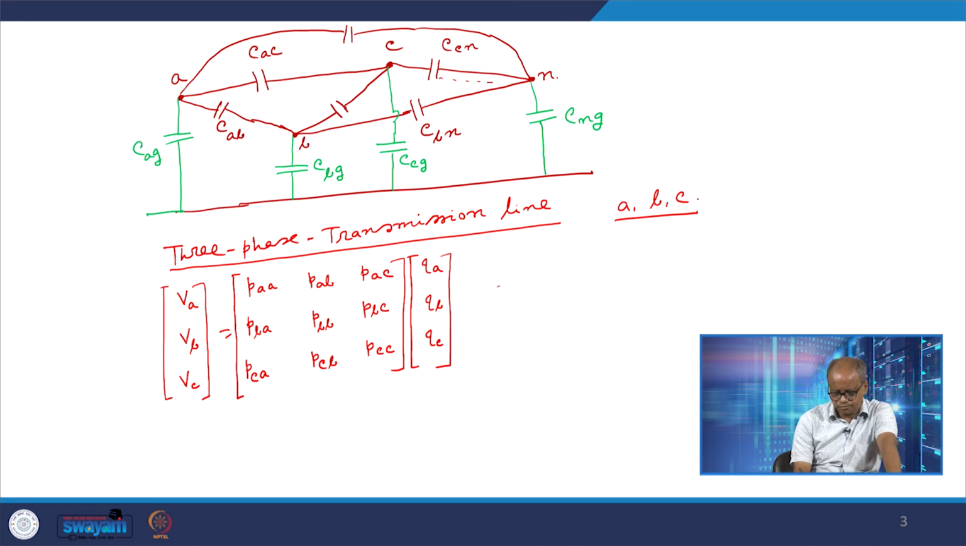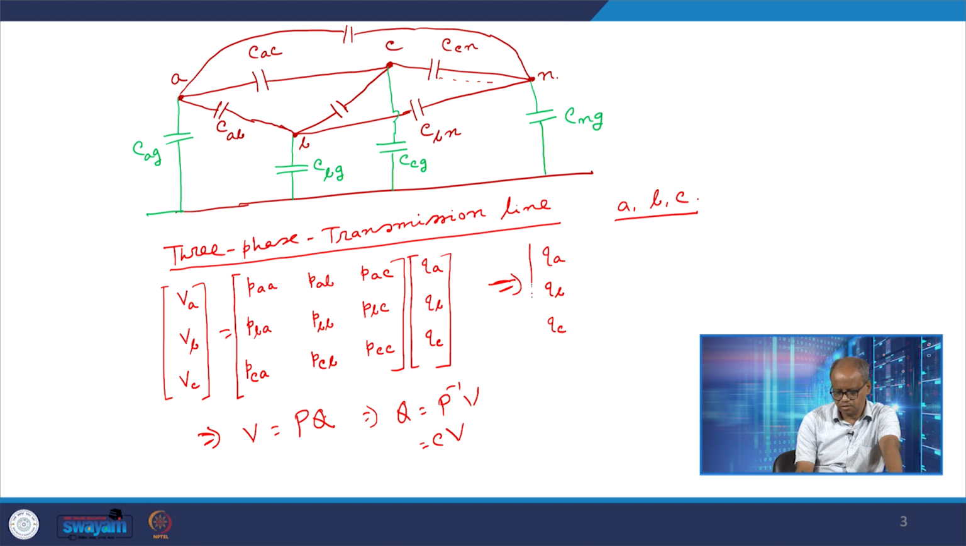So, this matrix we can say is essentially V vector is equal to some P matrix into Q vector. So, I can write Q is equal to P inverse V is equal to CV, which translates into the case that QA, QB, QC